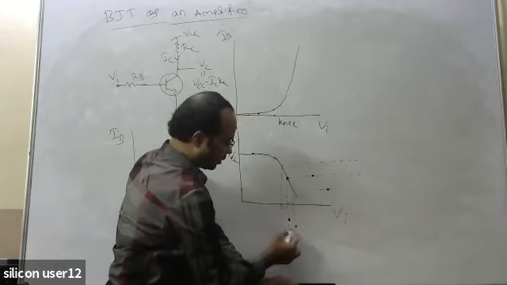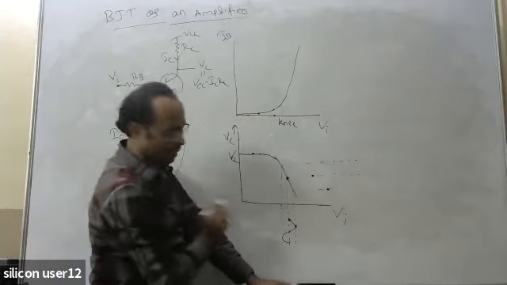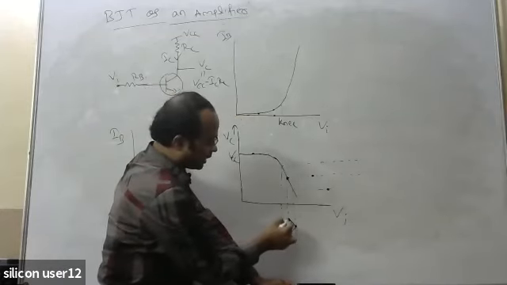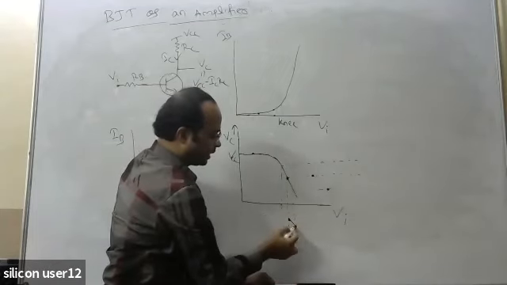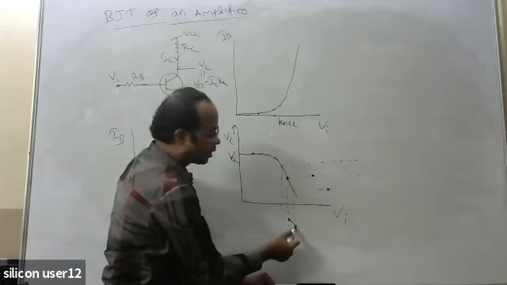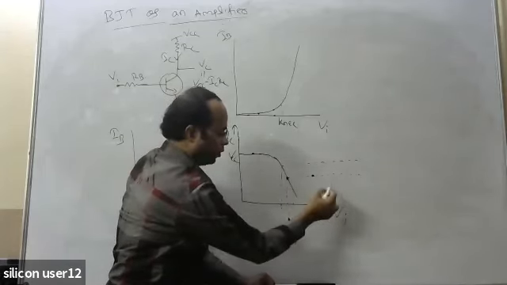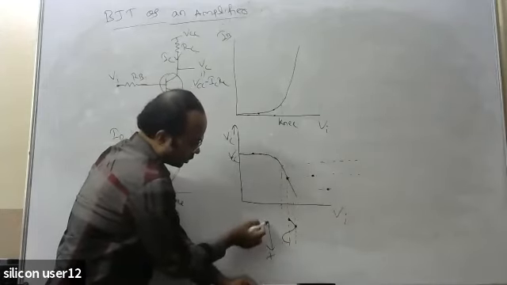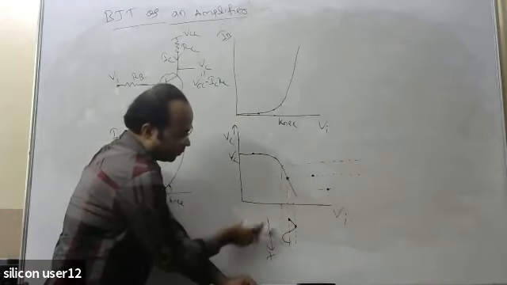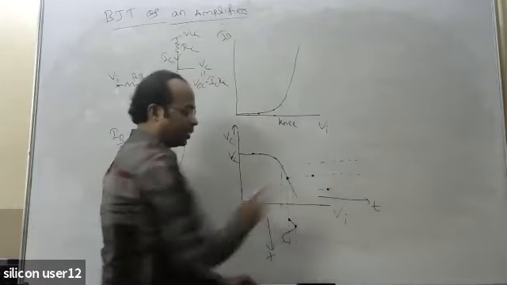Okay, and again, let us say my input signal is varying like this. So when the input was at this point, its corresponding output is equal to this thing. And when the input has changed to here, the corresponding output is which one? You take this thing, this is your output level. Okay, so this one is with respect to the time axis. So suppose, with respect to time, the signal is changing like this, and here also with respect to time, this signal I am drawing.